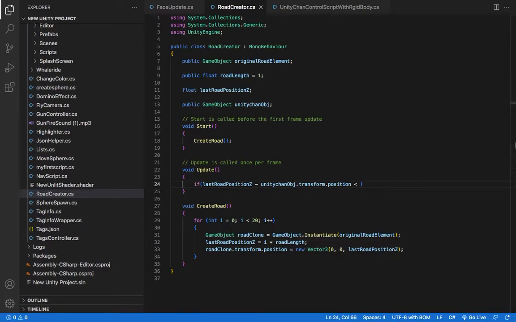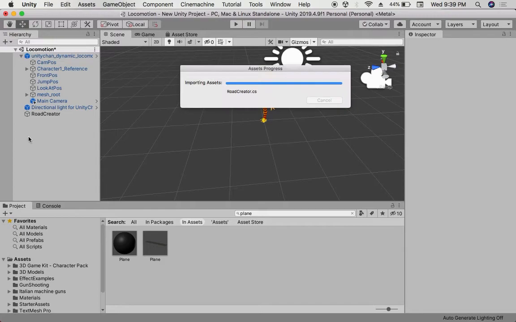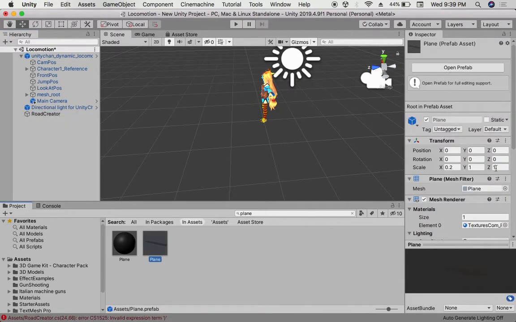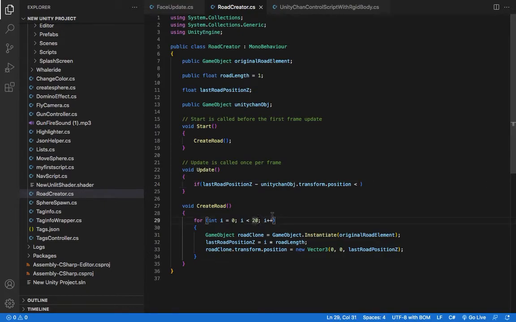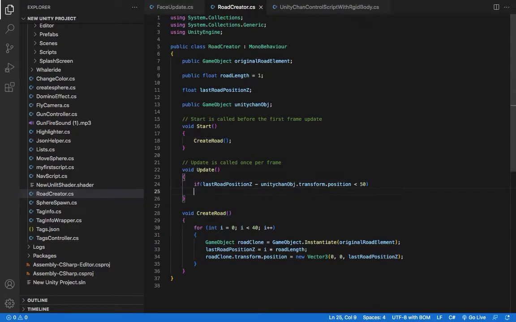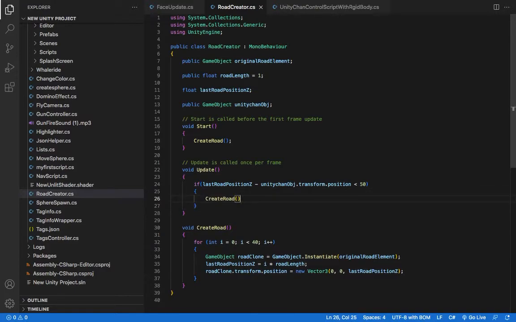What we'll also do is scale up our road a bit more. We'll increase it in the Z direction. Let's make it 5. And we'll also increase the length of this to say 30 or 40 units, so that each section is a bit long. And if this distance is less than 50, then we'll call create road section, the create road again. So what this will do is every time